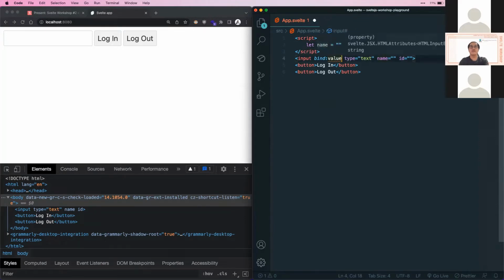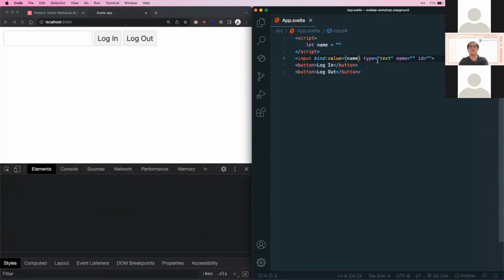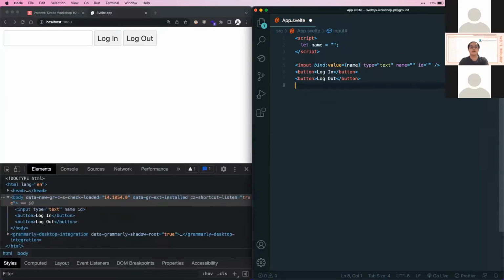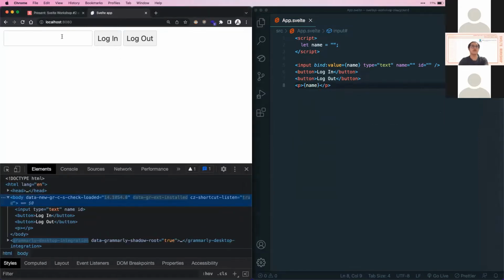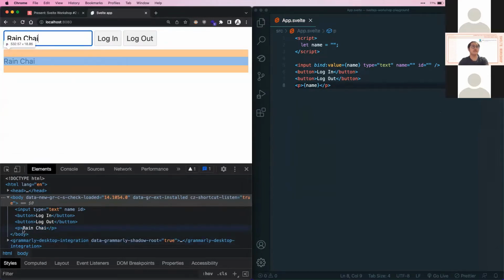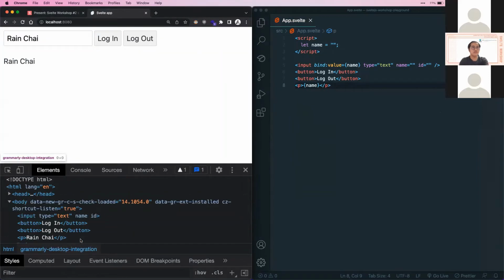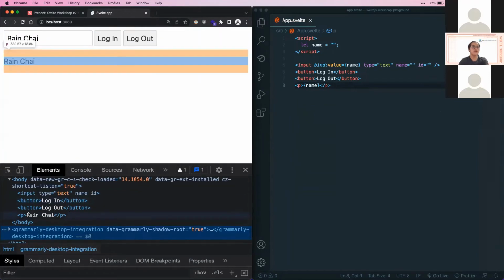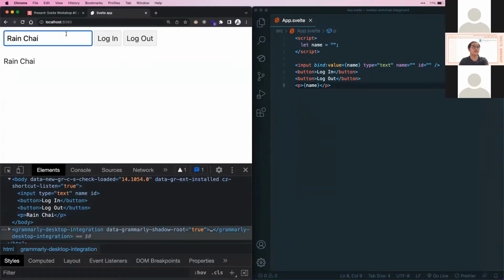Whenever the input value changes, I want it to update the name variable as well. Then after that, I have a p tag that references the name. If I type something like rain chai, you can see that whenever I type something, the p tag is being updated. I want to focus on this also. Let me zoom in a little bit more so you can see clearly. I want to draw attention to this p tag. If I remove text, you can see this p tag is being updated